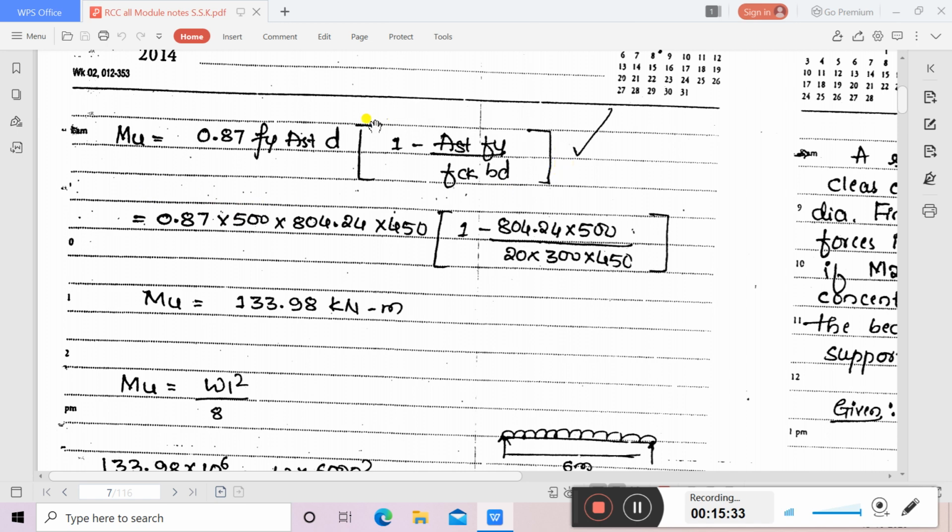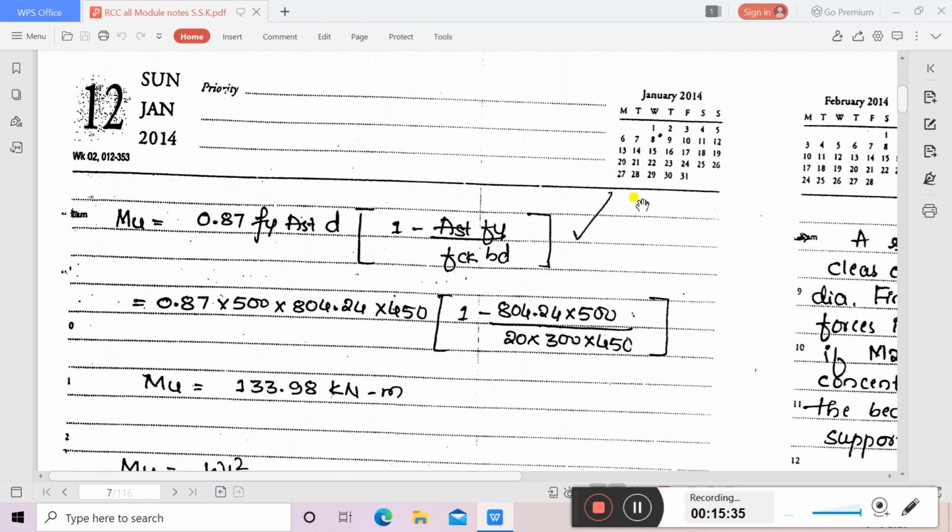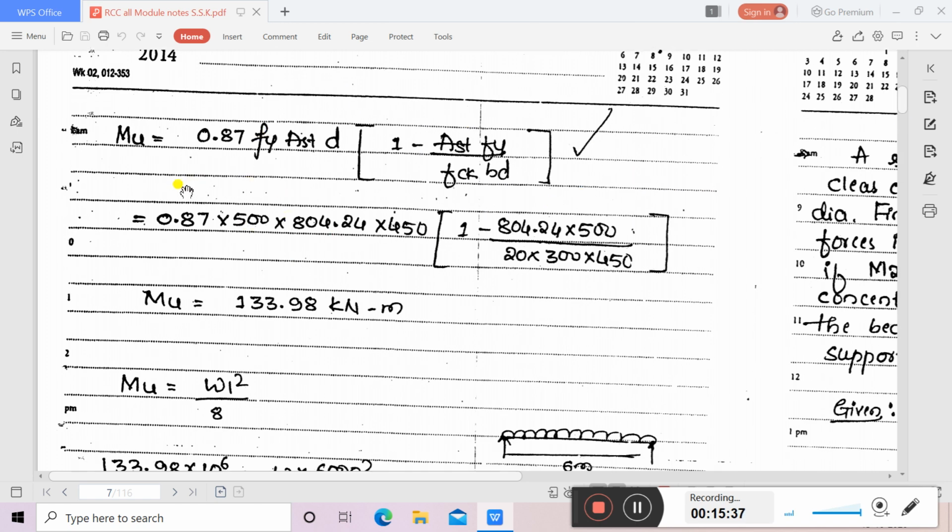using an under reinforced beam. Keep it in mind, I'll be using this equation. Many problems we have solved in previous sessions were also on the under reinforced beam itself, so this equation is to be used. I'll tell you where to use the different equations which are there in IS 456 in my future classes or future tutorials.